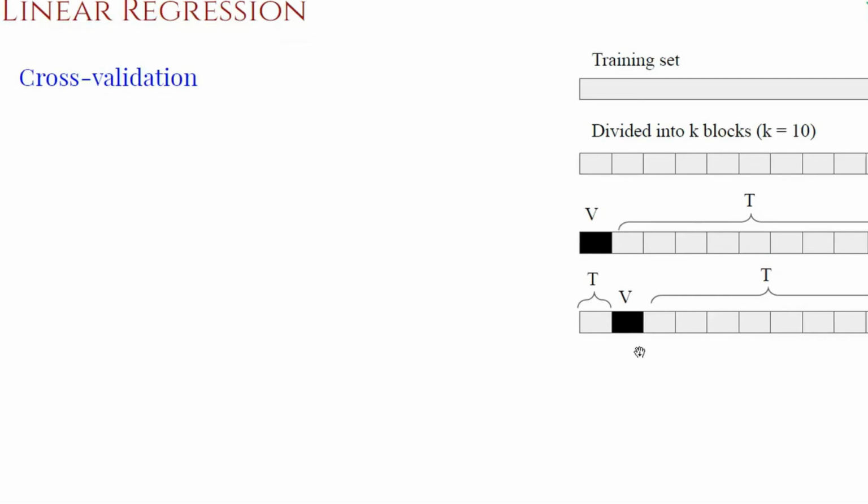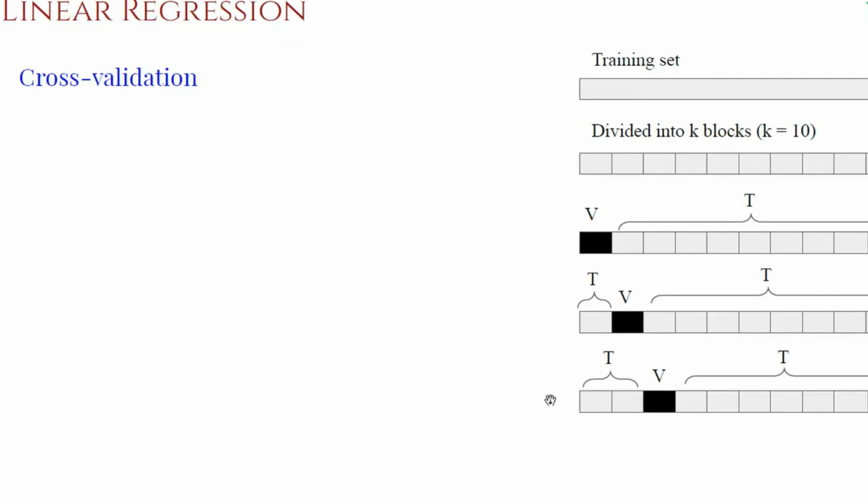In the third fold, we again shift it here. So we use these 9 blocks as training, the third block as validation, and you will get another R-square value. If you keep on doing this, these validation blocks keep on jumping until you reach the 10th block. So now you have 10 R-square values where the training data slightly changes. The number of samples remains the same, but the samples slightly change, at least 8 samples. So you have 10 R-square values.